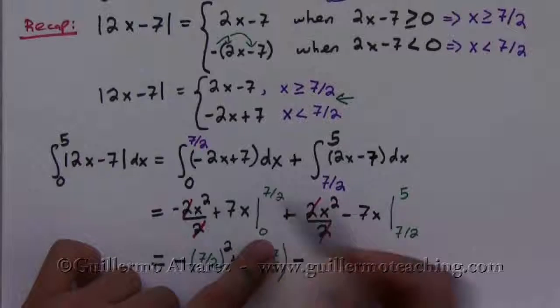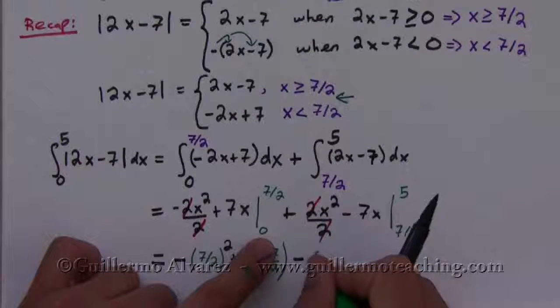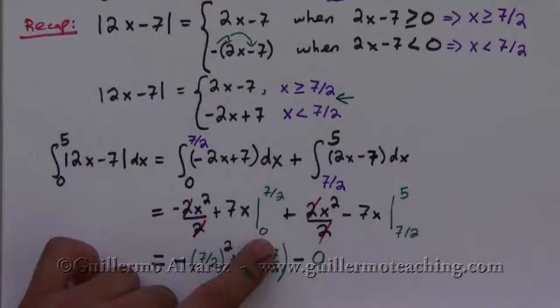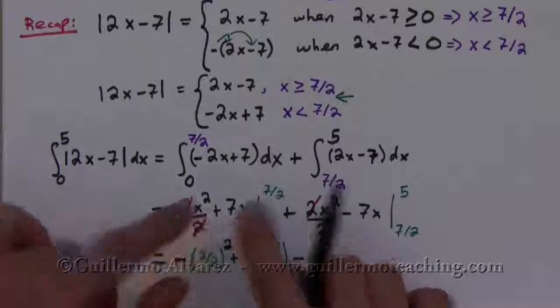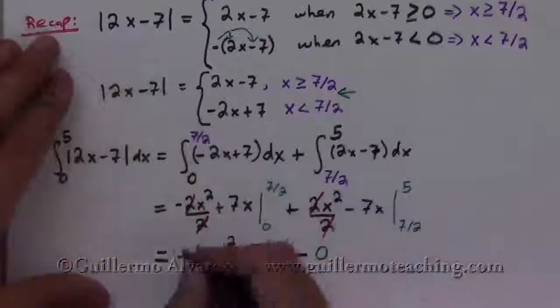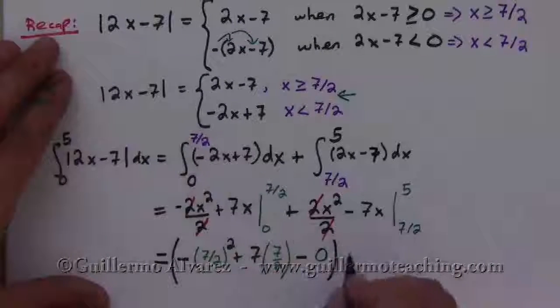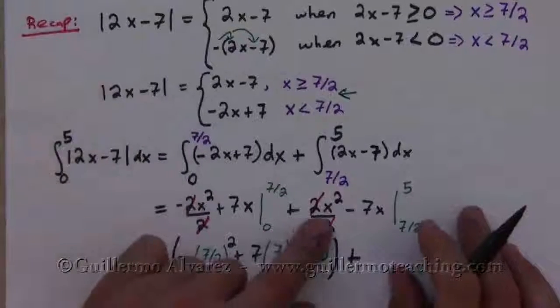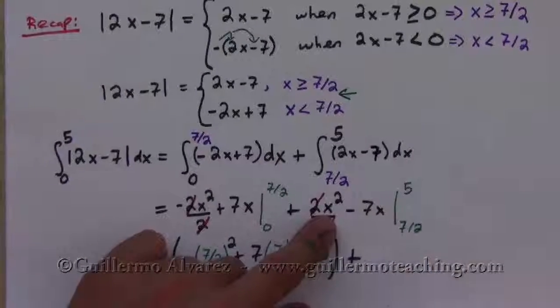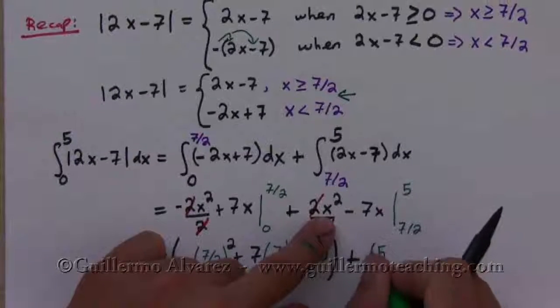Notice that when I plug in the bottom, I'm just going to get 0. So I'm just going to save us a little bit of writing and just plug in 0. Because 0 plus 0, well, that's just 0. Okay, now, that's the first one. Plus, now I'm going to plug in top minus bottom into this one. So this is going to be 5